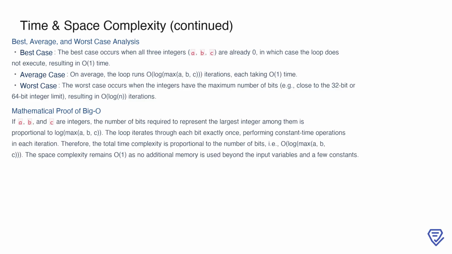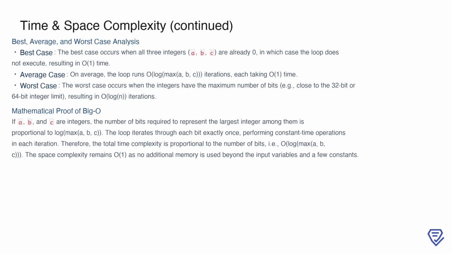Even in this scenario, the time complexity remains O(log n). To justify this mathematically, note that the number of bits required to represent an integer is proportional to the logarithm of the integer's value. Since the algorithm processes each bit exactly once with constant time operations, the total time complexity scales with the number of bits, i.e., O(log max(a, b, c)). The space complexity remains O(1), as no additional memory is allocated beyond the fixed set of variables used in the